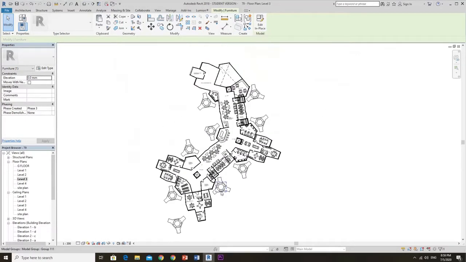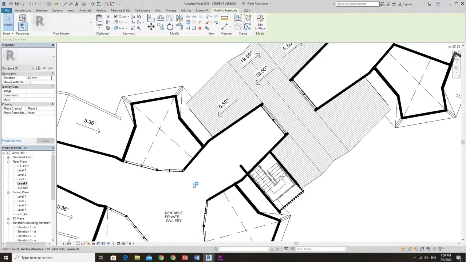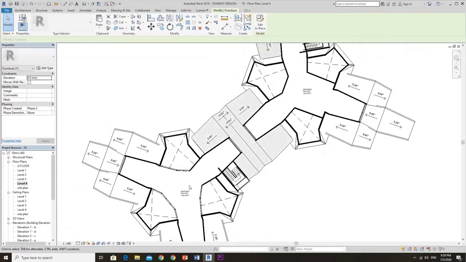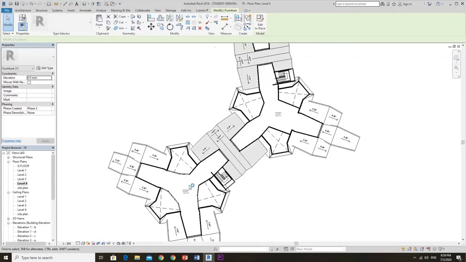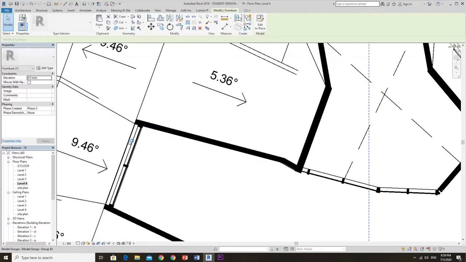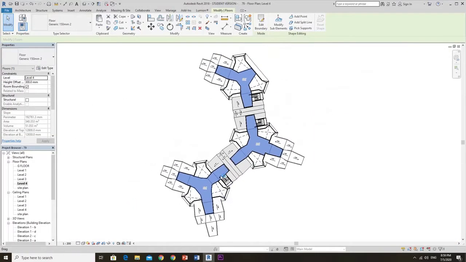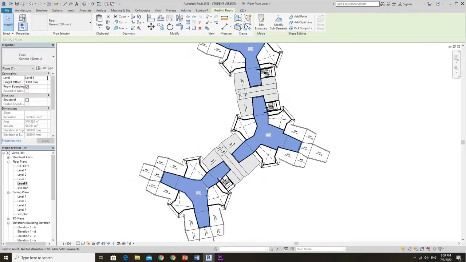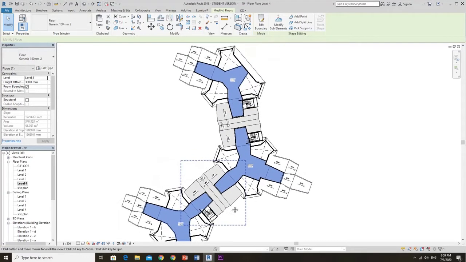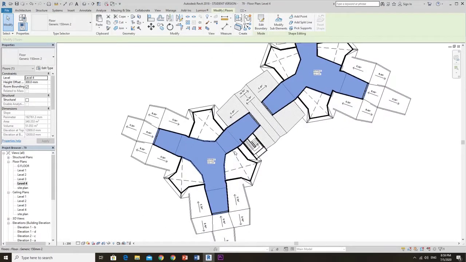So this is basically about level 3, and we have a final floor plan, which is level 4. For level 4, I decided to put the rentable private gallery because it's the highest level. This is the rentable gallery. This first rentable gallery is accessible from this staircase, and the second one is accessible from this staircase and this staircase. And also there's a void space,